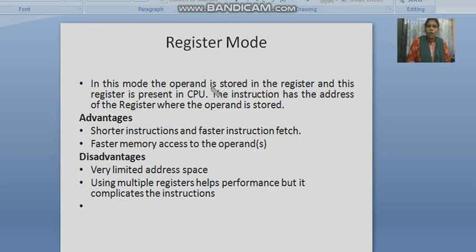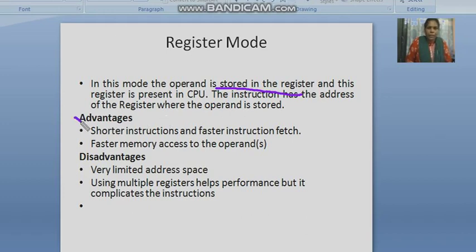Now the next one is the register mode. In this mode, the operand is stored in a register and this register is present in the CPU. The instruction has the address of the register where the operand is stored. So in the instruction we have the address of the register rather than the data itself.